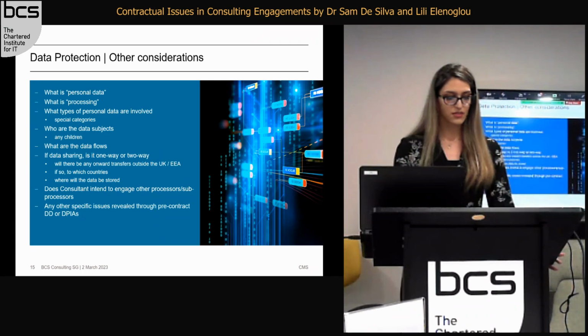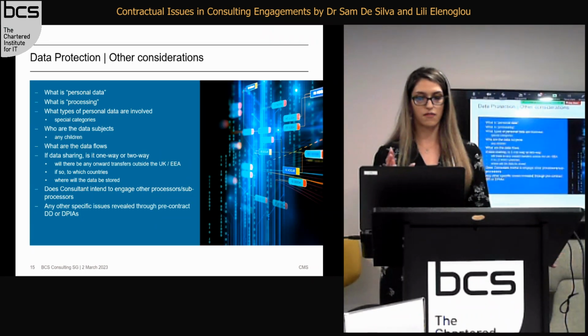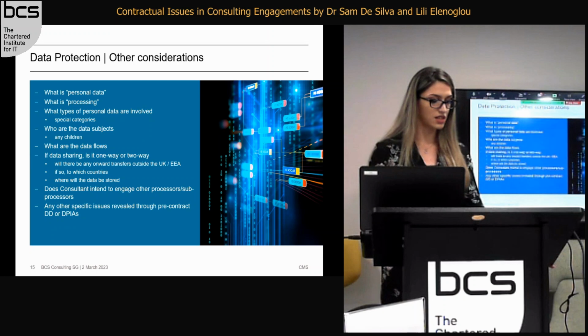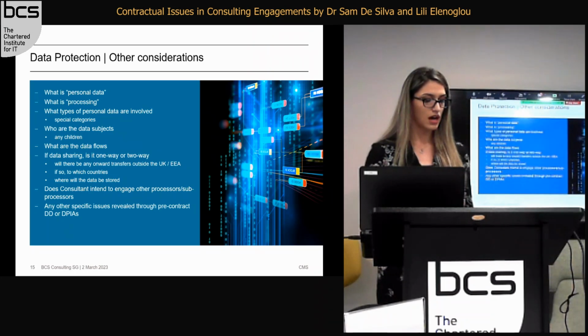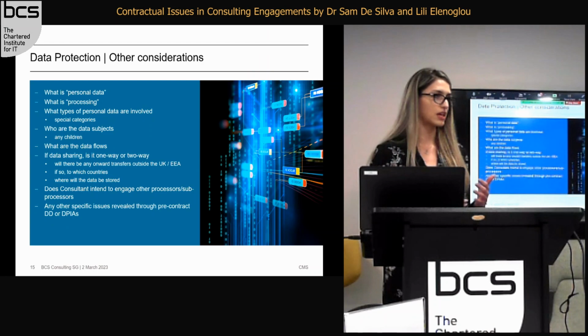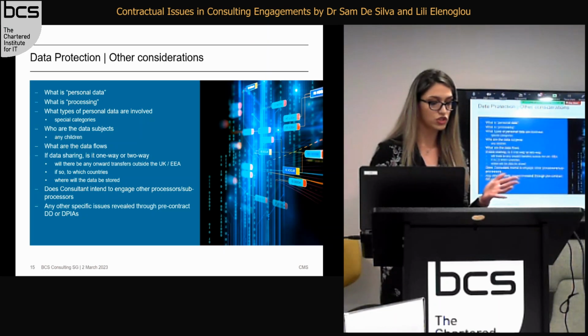So it's important to understand a few key terms. First of all, what is personal data? Data protection laws apply when you're processing personal data, which is any information that allows you to identify an individual. It includes, amongst, of course, other things, names, email addresses, contact details, date of birth, photographs, video footage, bank and